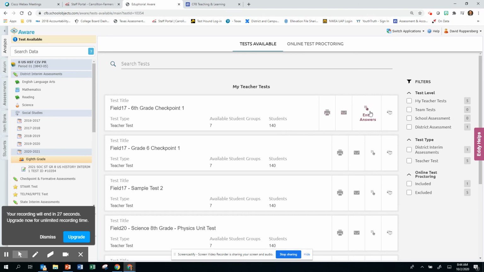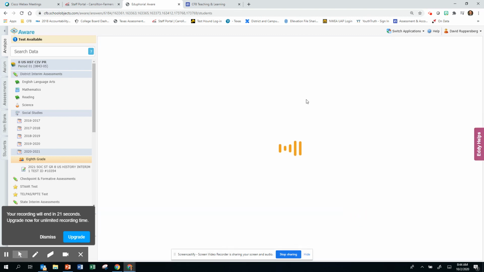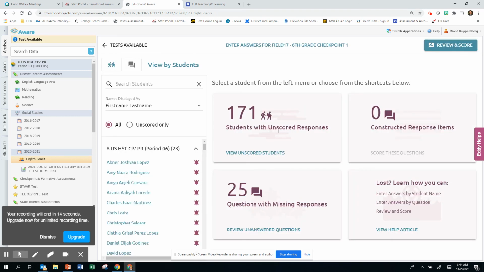And so to enter those answers, you would go right here, you would go to the Enter Answer tab, and then you would select the test that you want to enter the answer for. And then you'll go to constructed responses and you'll score these questions. This sample test doesn't have any, but do know that you have to score the teacher graded or constructed response questions prior